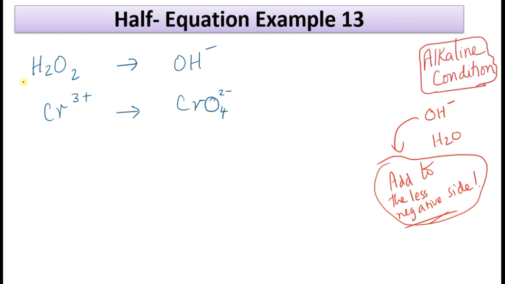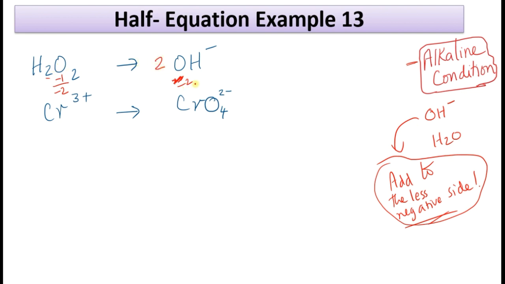Okay, let's go through this. I hope you watch this really carefully because it's a different condition, alkaline condition. Now H2O2, this being a peroxide, you've got -1 on each oxygen. Now because there are 2 oxygen atoms here, the total oxidation state is -2 here, and then here it is +2, -2 here. However, notice that the oxygen is changing oxidation state from -1 to -2, so that has to be